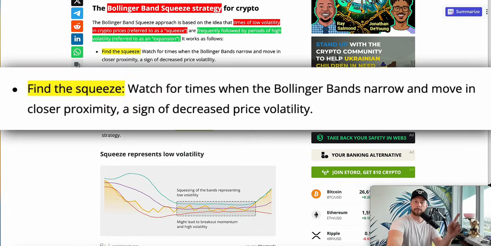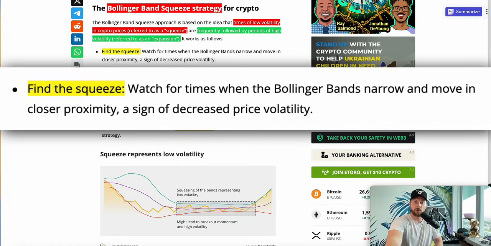And so, number one, how do we find the squeeze? We've got to look for the squeeze here. Find your main squeeze, okay? If you don't have your main squeeze, I'm going to show you how to find your main squeeze right now. So watch for times when the Bollinger Bands narrow and move in closer proximity, which is a sign of